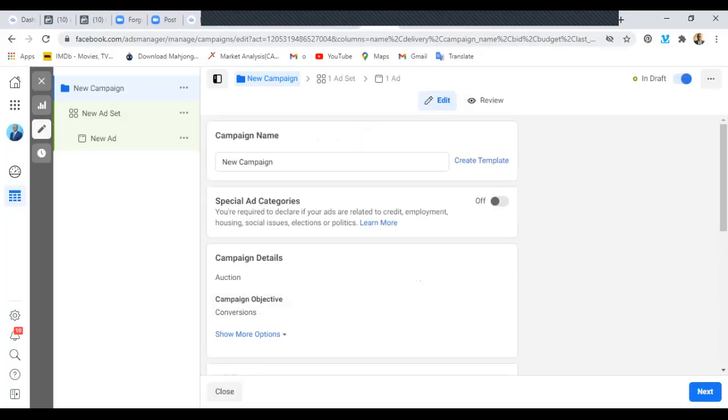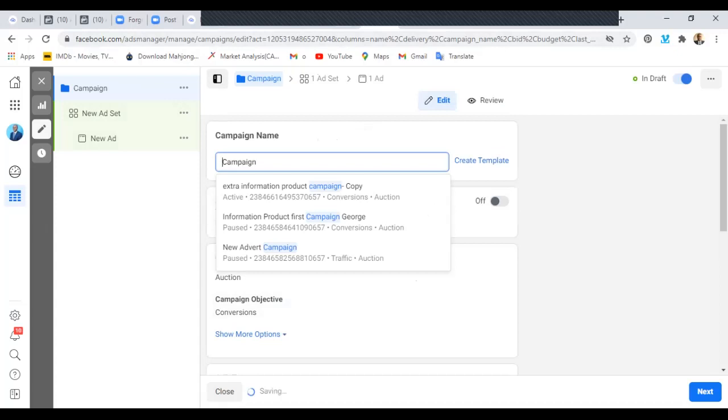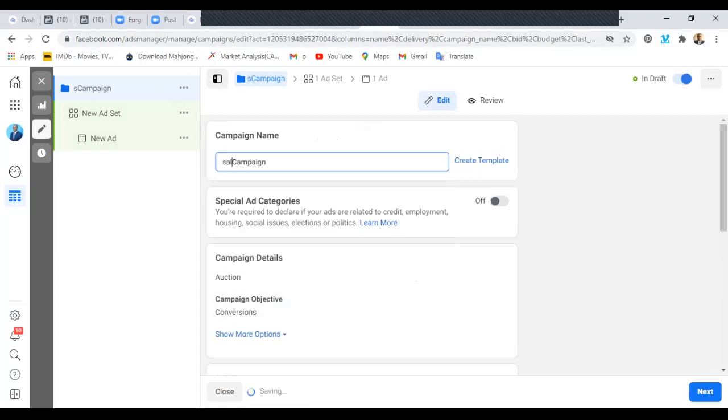Now, there are 3 sets of an advert, all right? The naming of the advert, the choosing of the ad sets, the creatives, all right, and the ad copy. These are the 3 parts. Now, when you have campaign name, you can call it any name. There's no restriction on spellings or anything. You can say, let's say, because we are doing sales automation act, so we can say sales automation act